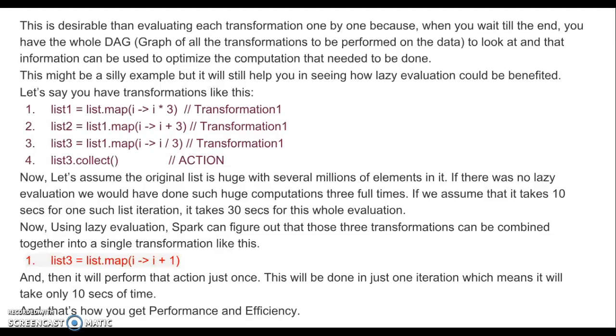Now let's assume the original list has several million elements in it. If there was no lazy evaluation, we would have done such a computation 3 full times. If we assume that it takes 10 seconds for one such list iteration, it takes 30 seconds for this whole evaluation. Now using lazy evaluation, Spark can figure out that those 3 transformations can be combined into a single transformation